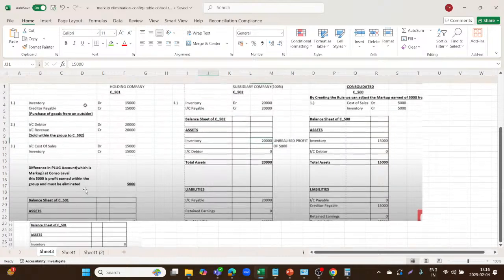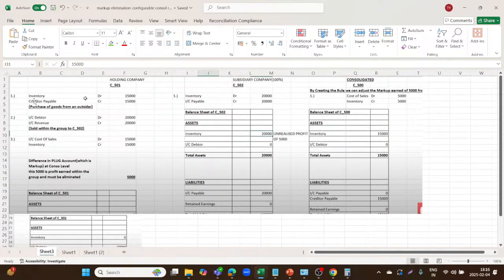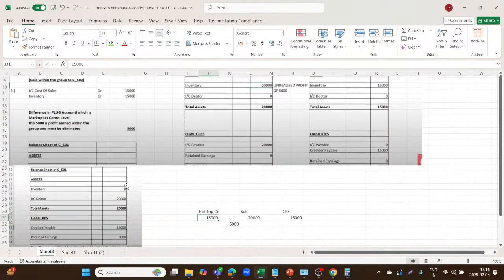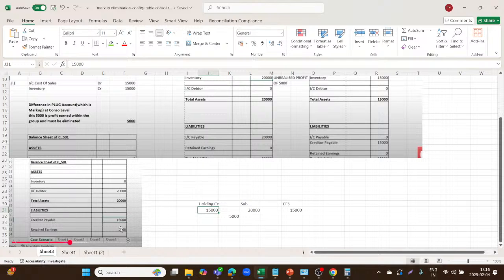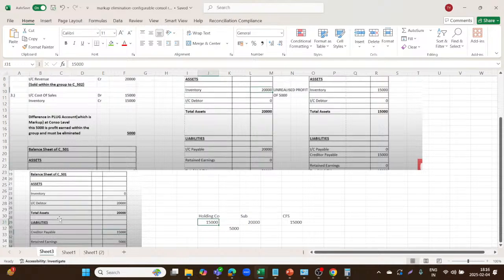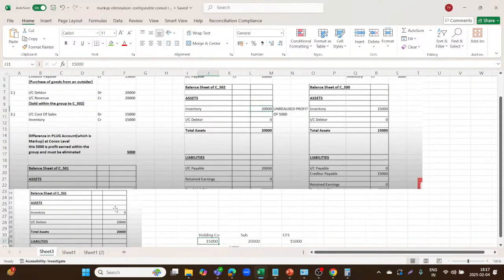Now creditor payable, as we have also purchased on credit, so we have in our books creditor payable of 15,000 because we have purchased the inventory of 15,000 and we need to pay 15,000 to the creditor. So that's why creditor payable liability will be standing in our books of accounts, that is 15,000 creditor payable. Then 5,000 markup is there, you can see